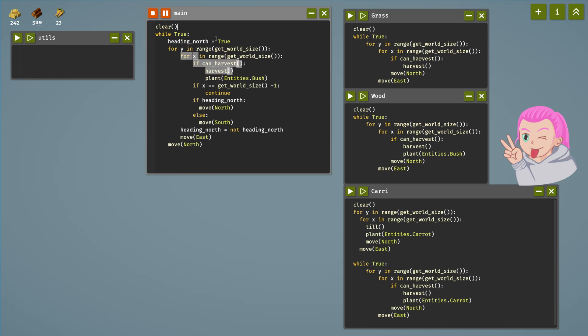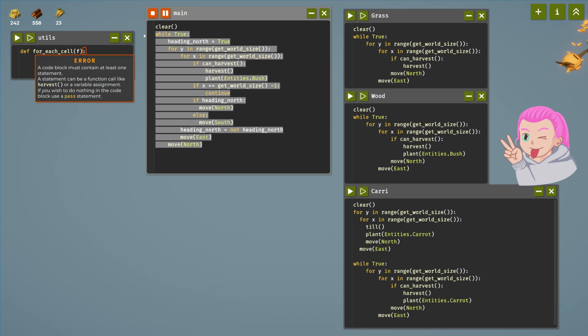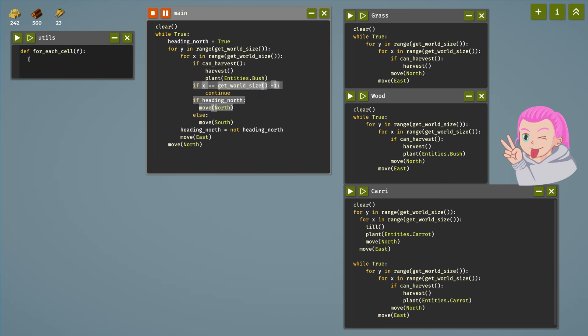It's Python, right? What if I create a function called for each cell? It takes a function f and it runs that in each